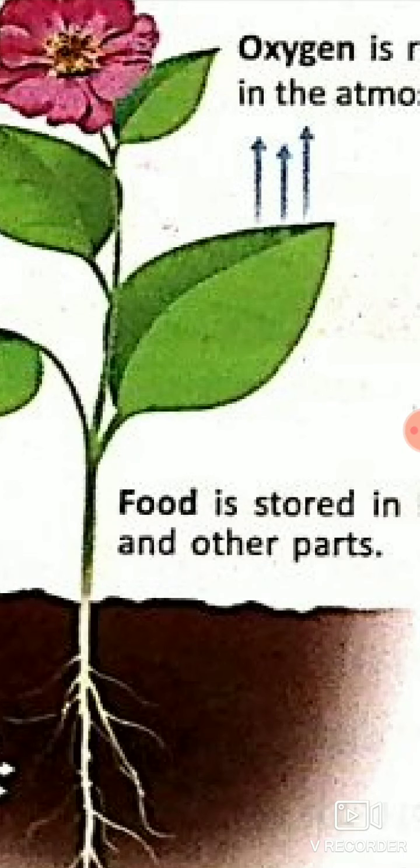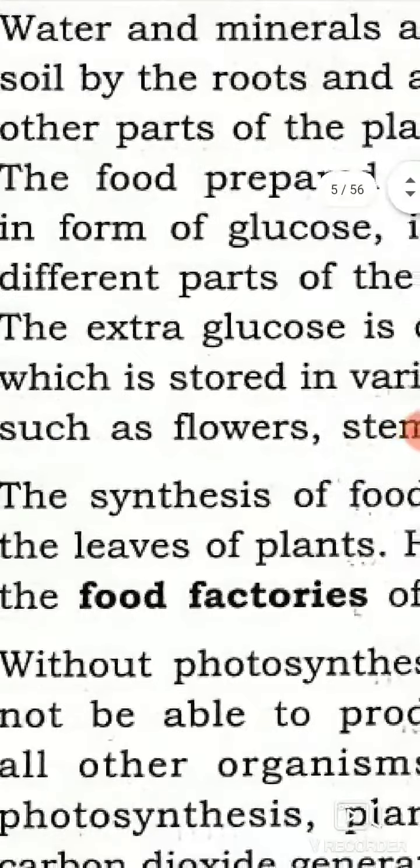Like you all know, to prepare food, take an example in your house: in the kitchen your mother prepares the food, and in plants the leaf is the part where the food is prepared. It is known as the kitchen of the plant, or you can say the food factory of the plant. Why the food factory of the plant? Because in the leaves the food is synthesized and prepared.